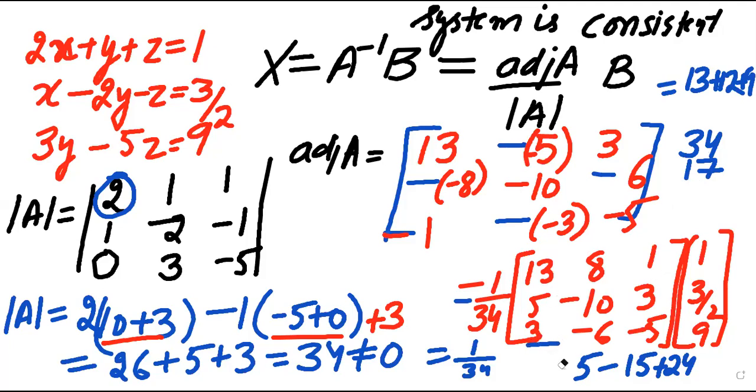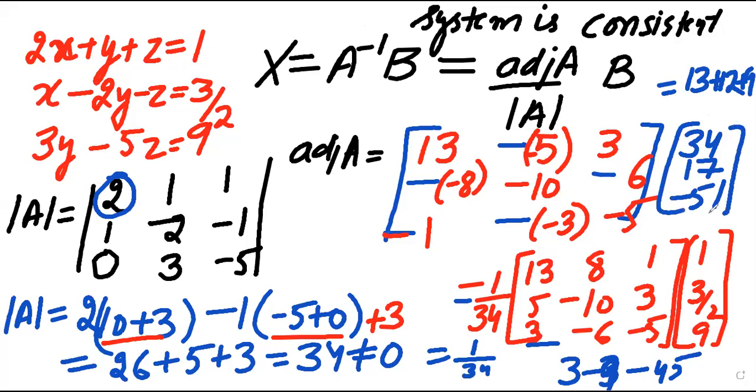Okay. Same, find this one. Let's calculate. That is 3 into 1, 3 minus 3 and minus 9 5s are 45. Okay, 3 3s are 9. So it is coming minus 51. Okay, so this is what we have after multiplying, and we are dividing it by 34. So let's see what the answer is here.